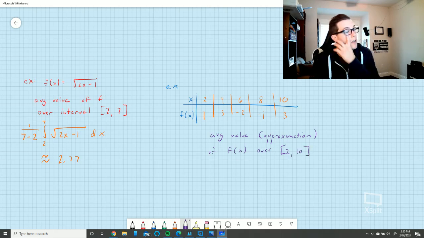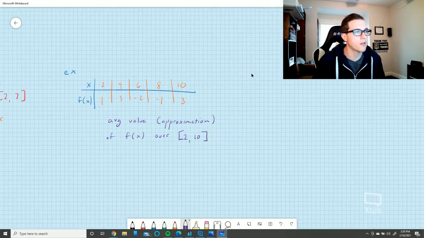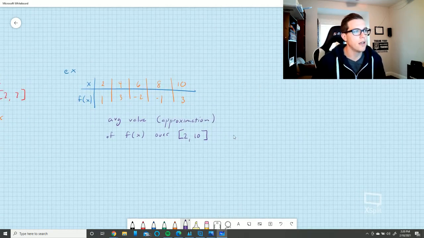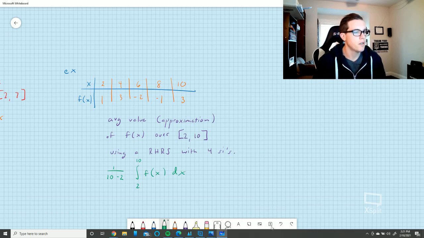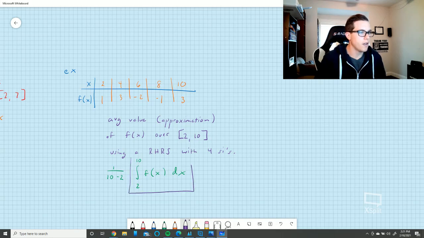A couple of you have asked me, how do you know which approximation strategy to use, like Riemann sums or trapezoidal? They'll tell you. They'll say using, let's do a right hand Riemann sum with 4 subintervals. So the calculation would be 1 over 10 minus 2, accumulation from 2 to 10, area under the curve of our function. This piece we're not going to find exactly, so we're going to approximate it using a Riemann sum,